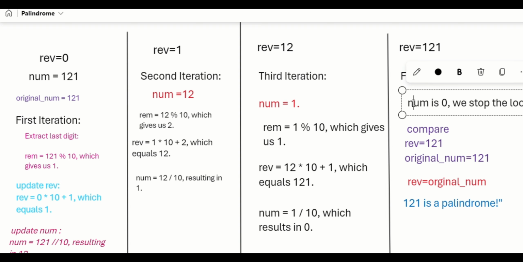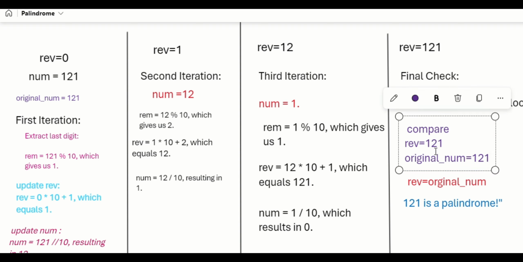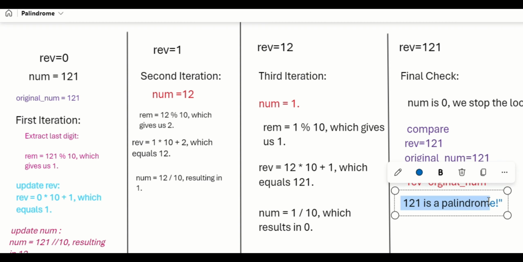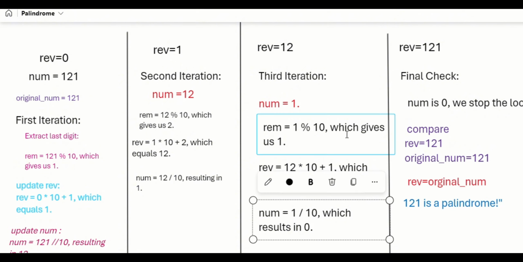Now the final check. Now that num is 0, we stop the loop. We compare our reversed number, which is 121, with original number, which is also 121. Since they match, we can conclude that 121 is a palindrome. And that's how you can easily check if a number is a palindrome in